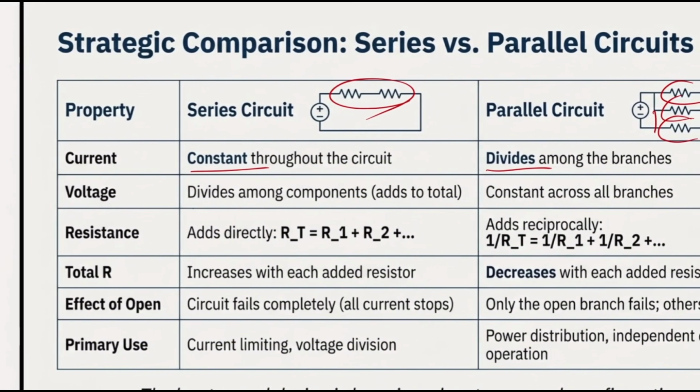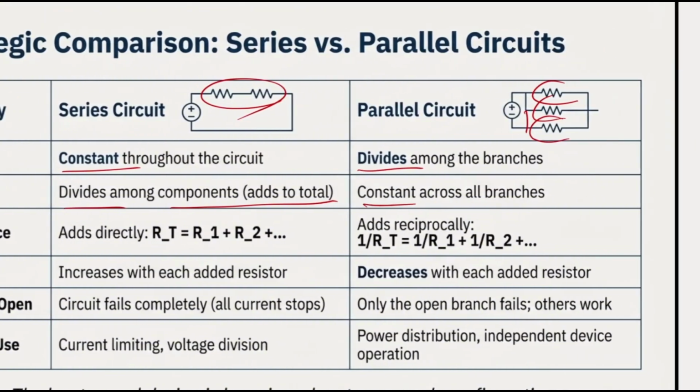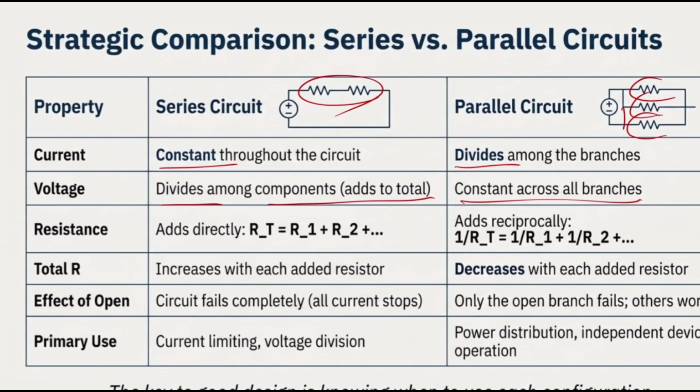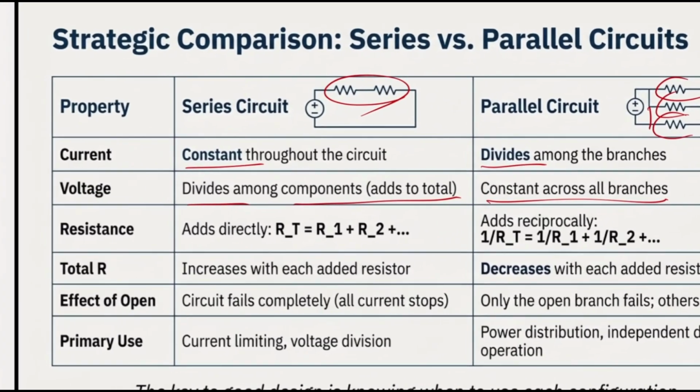Voltage is going to divide among components, is going to add to total, or we have to follow the KVL, or we know the fact that we do have the voltage divider formula. Finally, for the voltage in a parallel circuit, all of them would be the same. In order to find the resistance, it would be easy because R total is R1 plus R2 plus whatever component